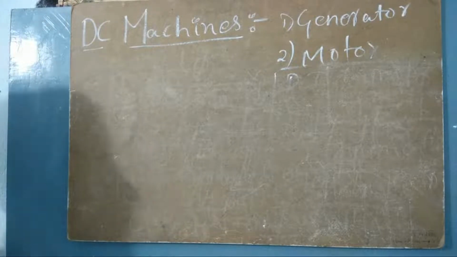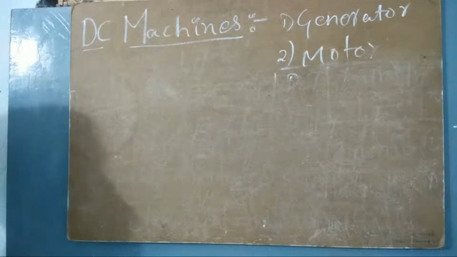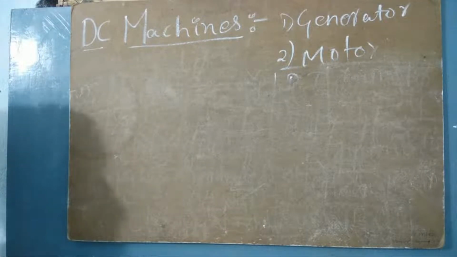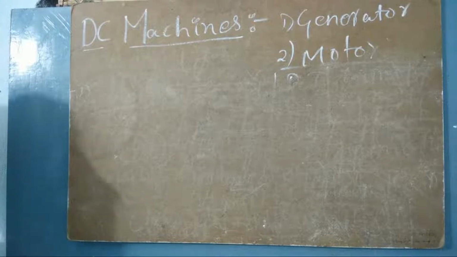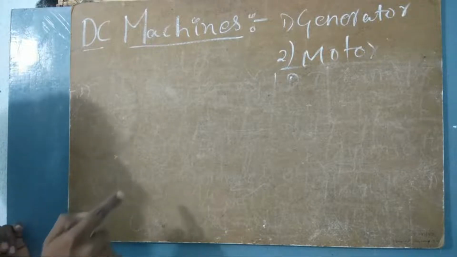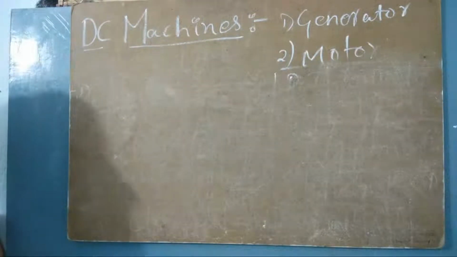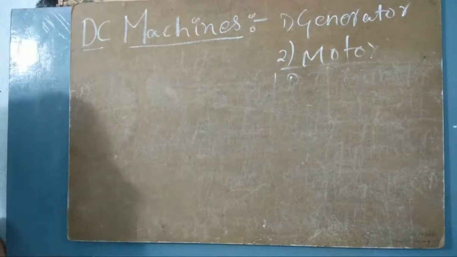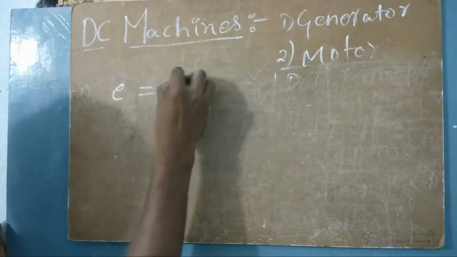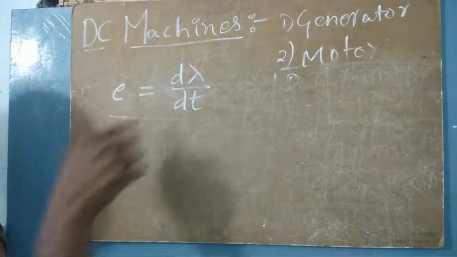According to the syllabus paper that you have, according to the R19 regulation, I have completed the first point, which is the EMF equation. That is a very basic EMF equation. It is also called a simple loop generator, in which we have kept only one turn. So that kind of generator we call a simple loop generator. In that simple loop generator, we have derived the equation E equals d lambda by dt.